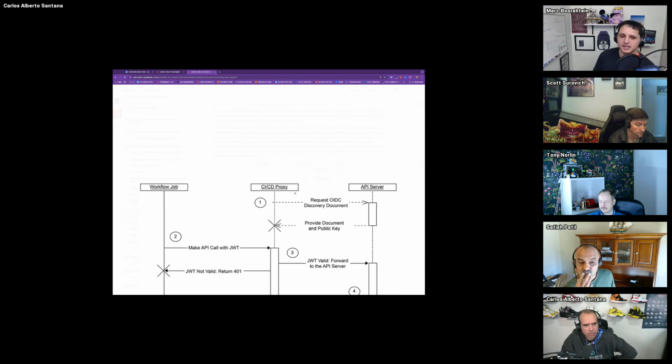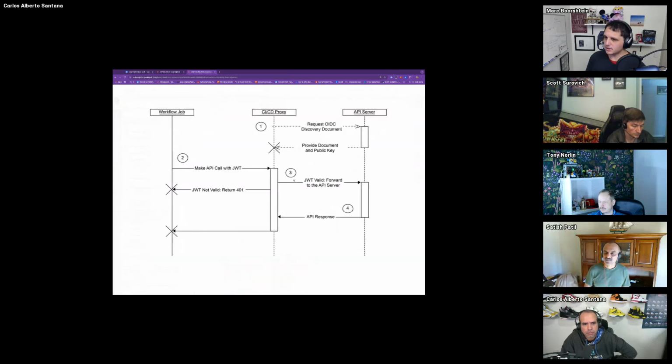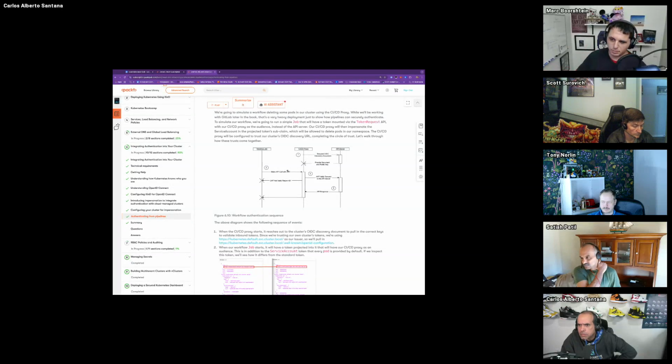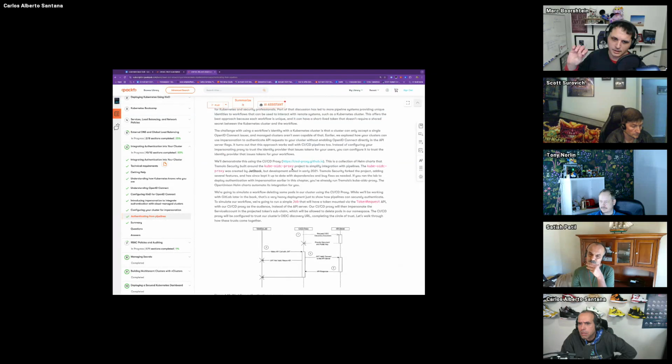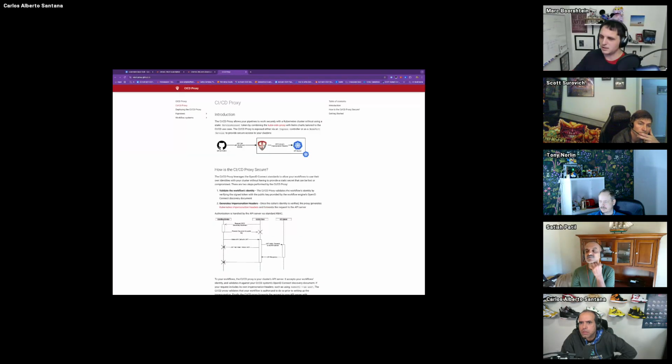You just call it CI/CD proxy. CI/CD proxy is a marketing of the Kube OIDC proxy specific to this use case. Okay. So the idea was that it had a specific Helm chart with pre-integration for things like Istio and Nginx and Nginx Plus and Traefik. So you could just deploy the CI/CD proxy. It's the Kube OIDC proxy, just in a more specific form.